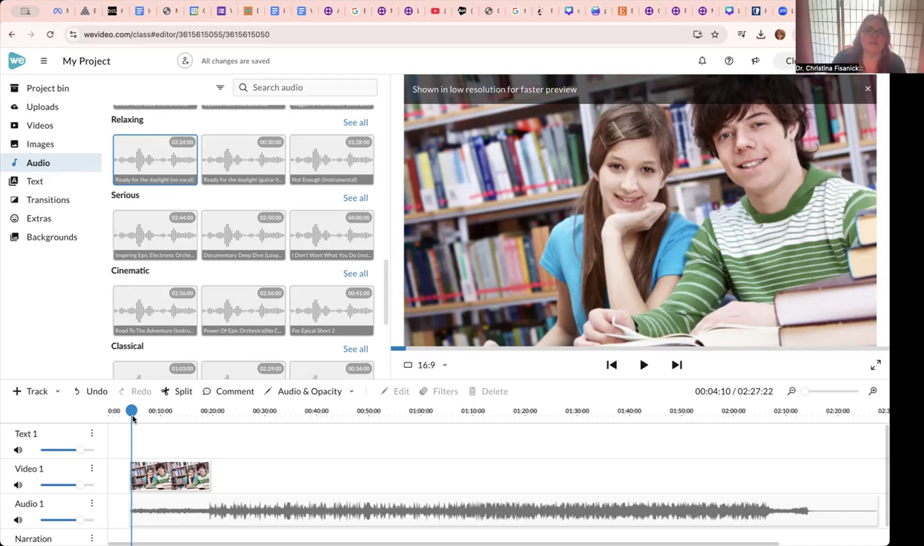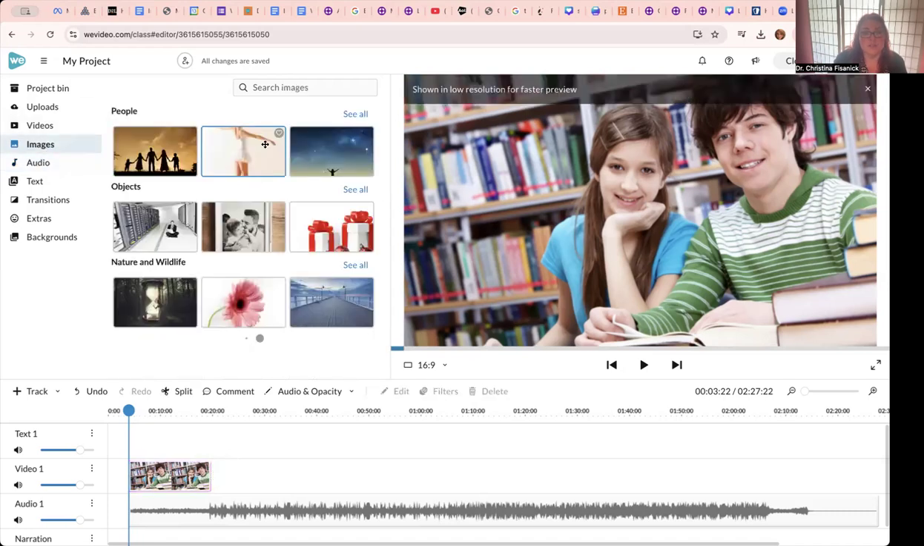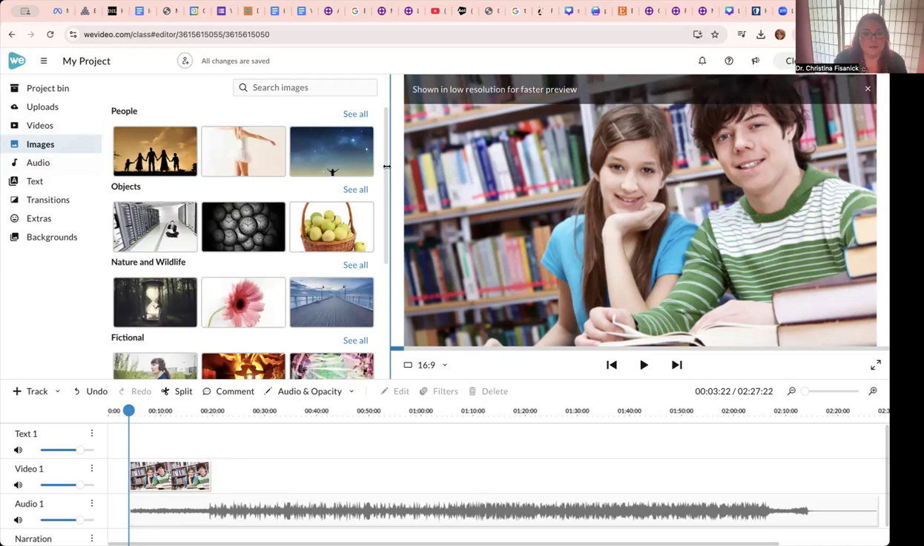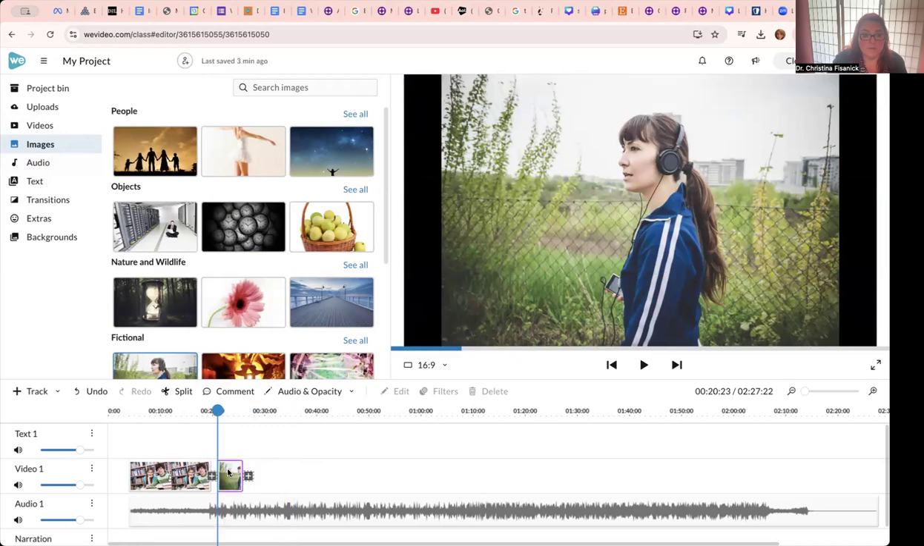A couple more things. And again, this is a quick rundown of WeVideo. Normally I would spend days talking about this, but in this case, this is just a tour of how it works. Things that you want to know about are transitions. So this image is here, and if we want to go back to images and just add something for the sake of time here,